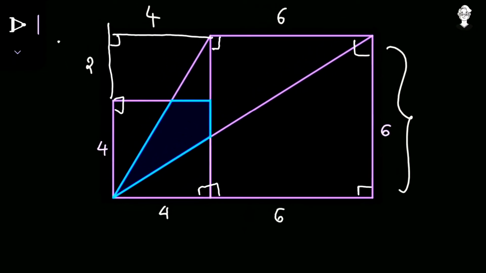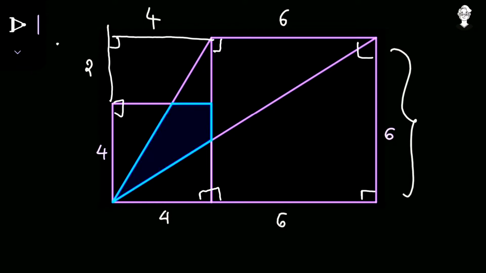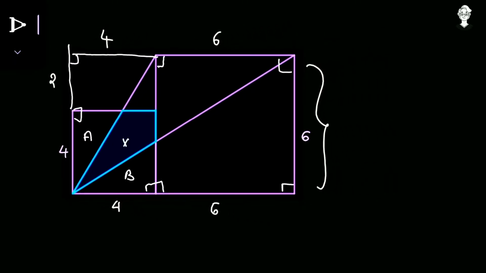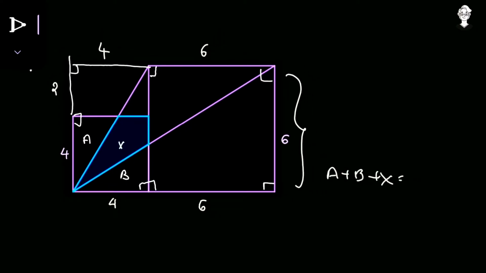Okay, now what we have to calculate is this blue shaded region, and in that also we can have a clear idea that it is not a perfect quadrilateral, so we cannot have a direct formula for that. But the second thing I can observe is that this triangle is a right angle triangle, this triangle is also a right angle triangle, and if I consider the area of this right angle triangle as A, this right angle triangle as B, and this missing area as X, then I can have an equation that A plus B plus X is equal to the area of this complete smaller square, and the square side is equal to 4, so its area equals 16. So I have A plus B plus X is equal to 16.